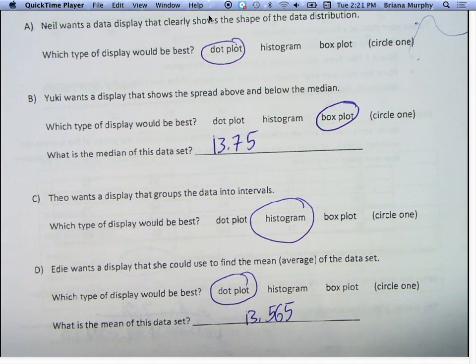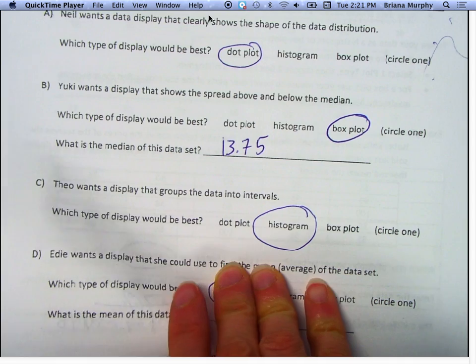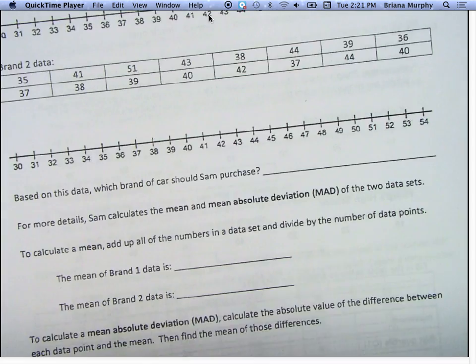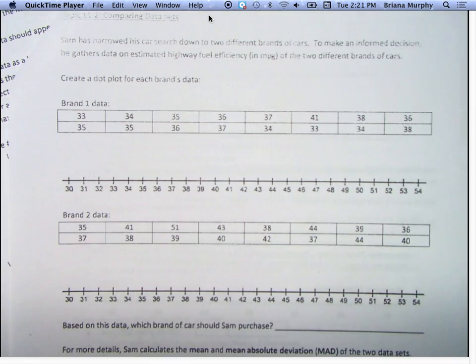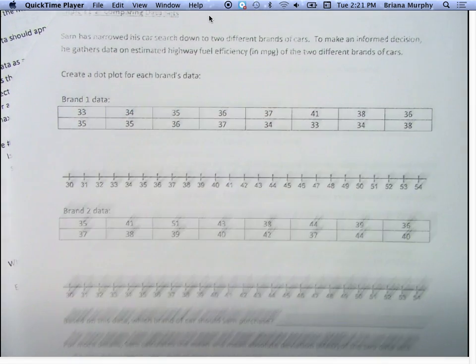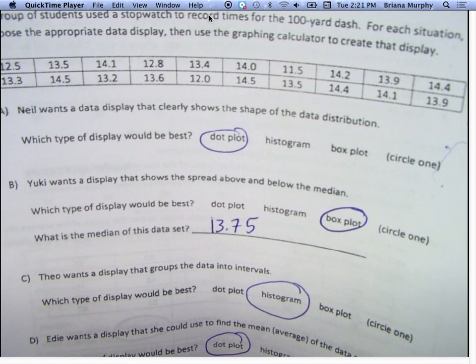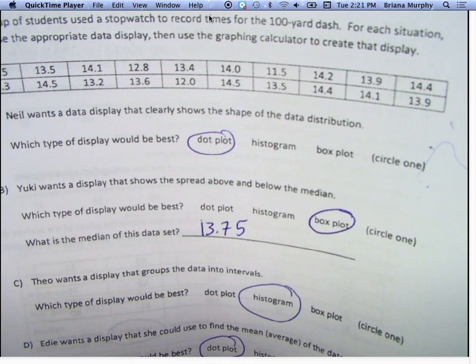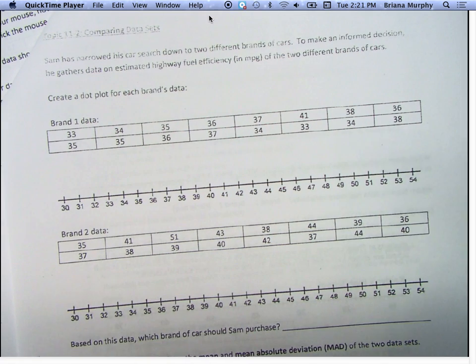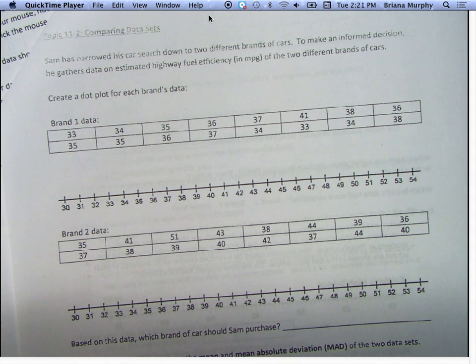All right. You ready to move on? Okay. Now we're going to take some of this information and compare it. 13.565 is our answer. That's the mean. Okay. So now I am looking at some stuff from 11.2. So we're starting to look at,